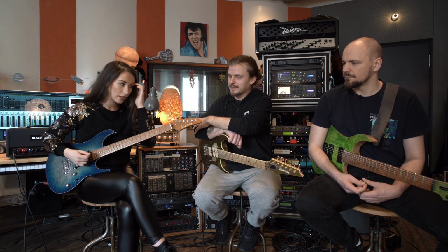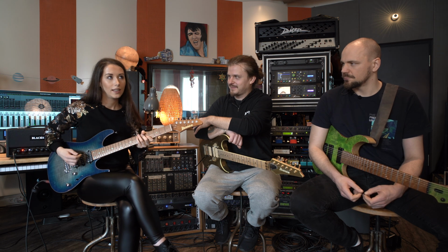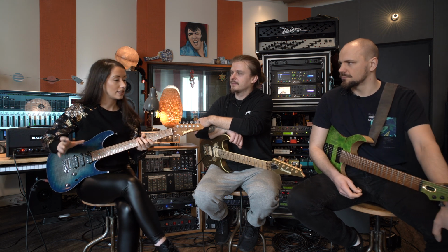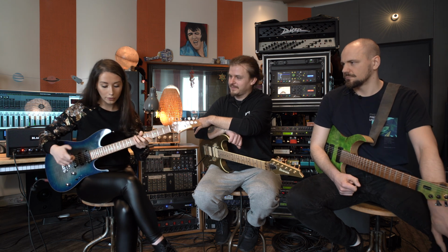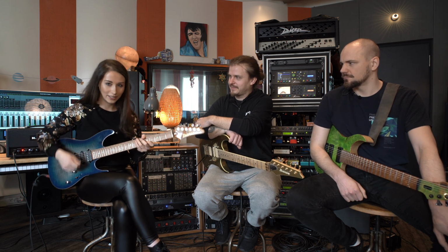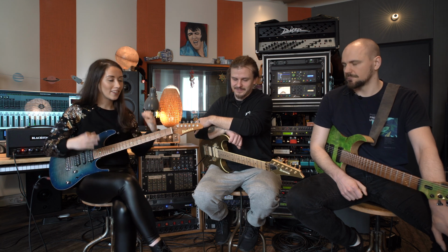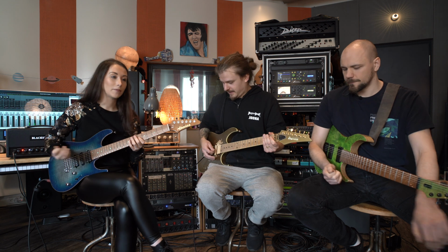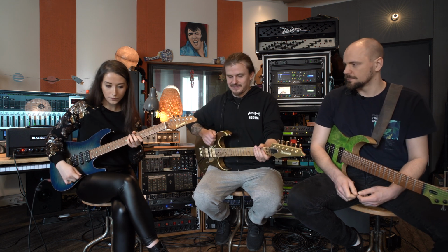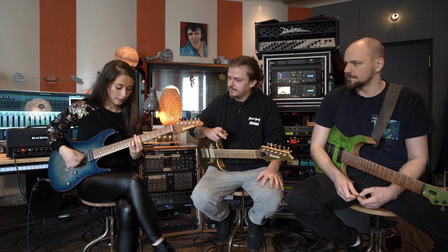But I started out playing that with down picking only, and then I just did it with alternate picking because it influences the sound and of course makes it a bit easier to play if you start off live and you move. Of course now it's super easy to play sitting down, but then you go on stage and all the energy and all the lights and the people, and then suddenly you realize, oh okay, so that makes it a bit easier. But like I said, depending on the day, I like to play it with down picking, like...